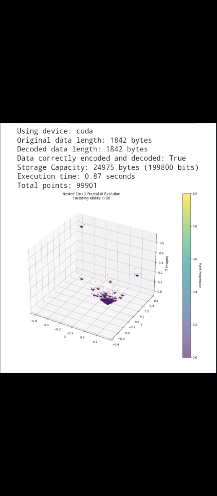Exactly. Okay, so let me get this straight. We've got this incredibly efficient storage system, this potential solution for quantum errors, which is huge. Definitely. And we're talking about processing power that could completely change, well, everything. Pretty much. This isn't just about faster downloads or anything like that. No, no.